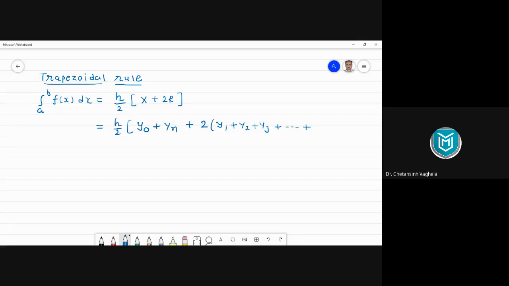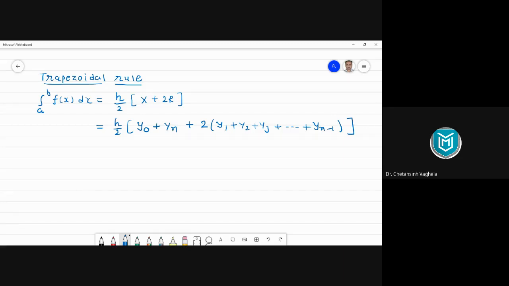Now yn is already covered here. So what is the point before yn? Before yn, it will be yn minus 1. So here in capital R, we will have all the remaining terms, that means y1, y2 up to yn minus 1. So this is the formula of trapezoidal rule.